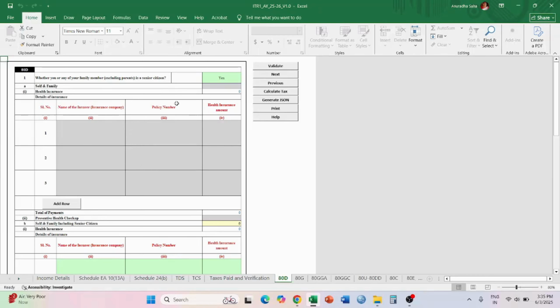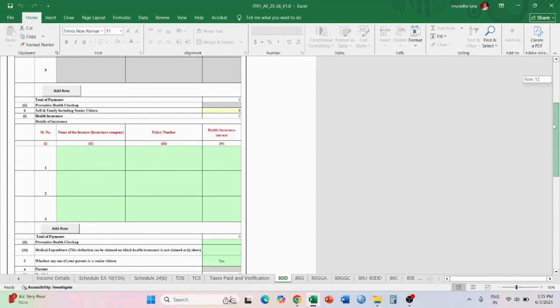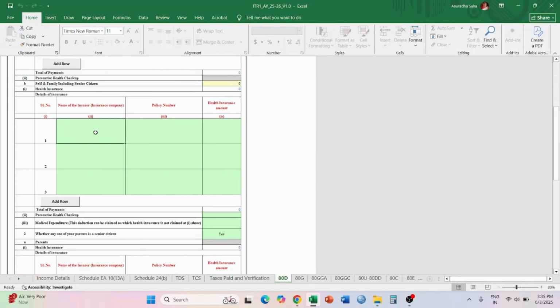This is for senior citizen, and if you are not a senior citizen, then in that case you can write the data of your family over here. That is your name, who is giving the Mediclaim, and the policy number you can type. Suppose I am writing a name, giving a policy number, and the health insurance amount.